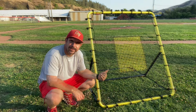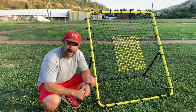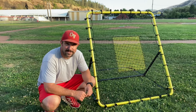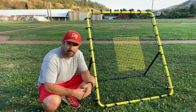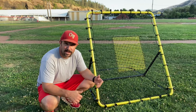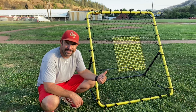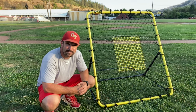Let's get it. Now, I love the sport of baseball, but it's a game that usually you need multiple people if you want to practice and get better with, especially when it comes to defense. Well, in comes the SKLZ Rebounder Net that's going to help solve that problem if you want to increase your defensive skills and you just don't got anybody to play with. So we're going to go ahead and do a quick walk around of this thing today, show you how it works, show you some drills that you can do on it, and see if this might be the right option